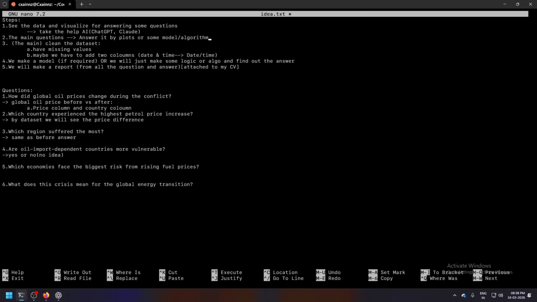So the main thing is to clean the data set and handle missing values. If it has some missing value, and if it is calculable, like if it is mathematical, then you have to calculate it.